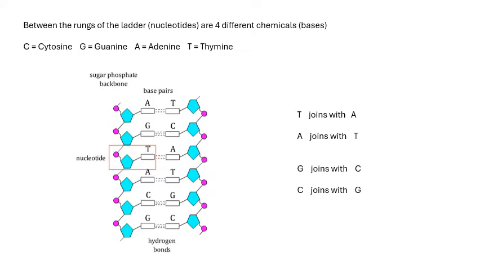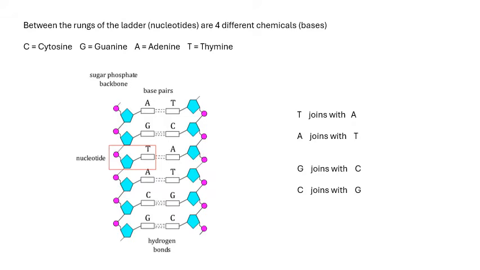Now, the actual structure of DNA, we'll talk more about this later. Imagine it's like a ladder. Now, the ladder is actually twisted into a double helix, but forget that for the moment. It's like a ladder. So you've got the rails of the ladder, and then you've got the rungs of the ladder in between. Now, bits of the ladder are made up of units called nucleotides,